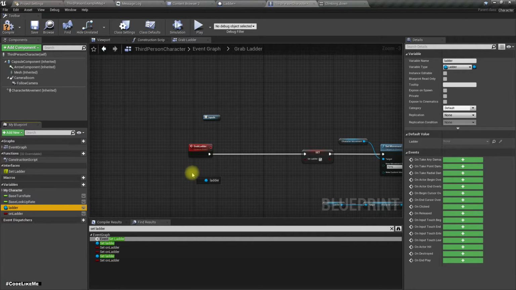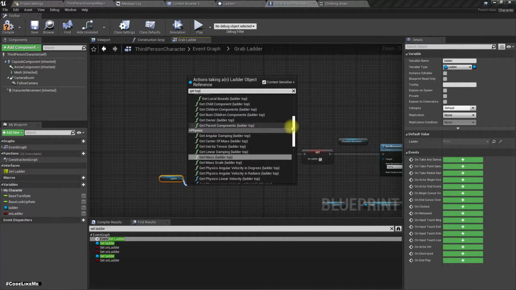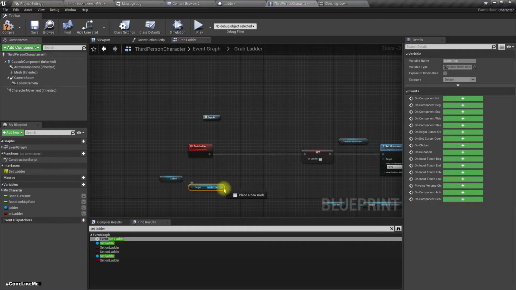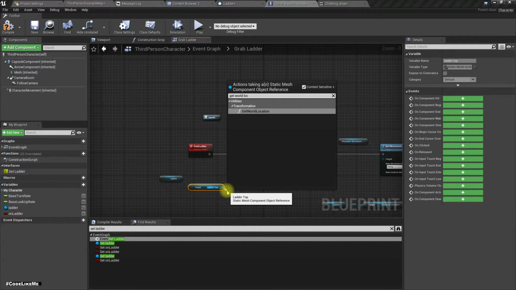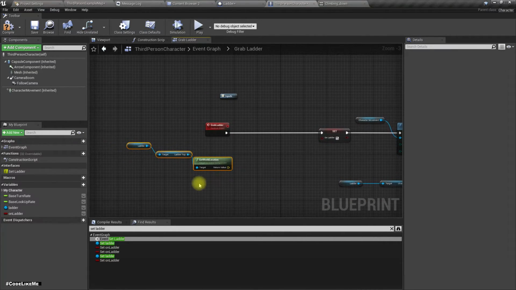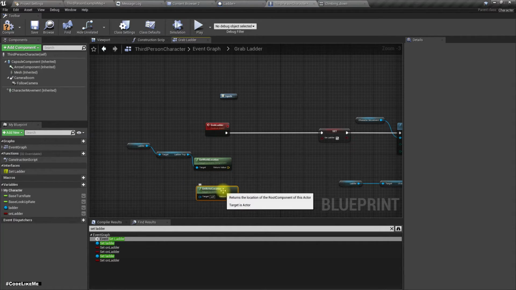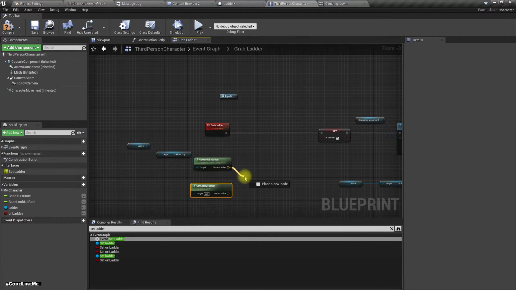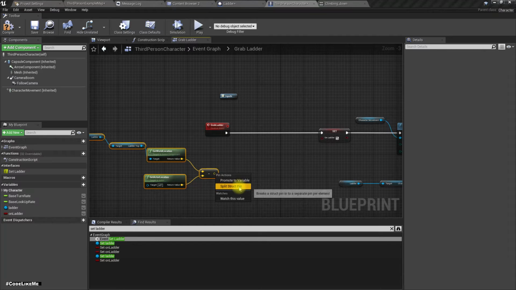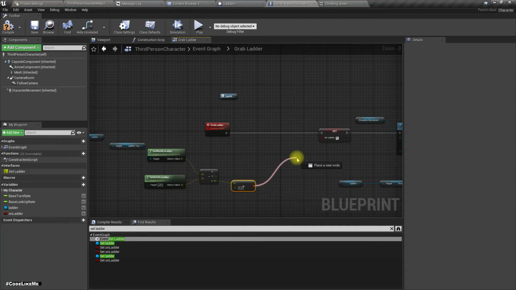So get the ladder and get top, get world location, then get actor location, subtract this from the actor location, consider the asset. If this one is larger than 0,